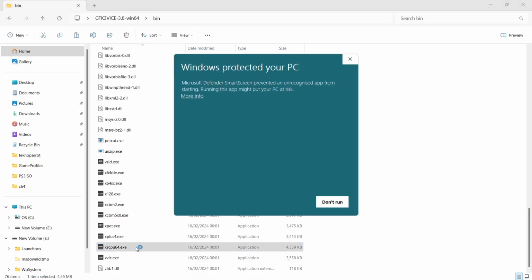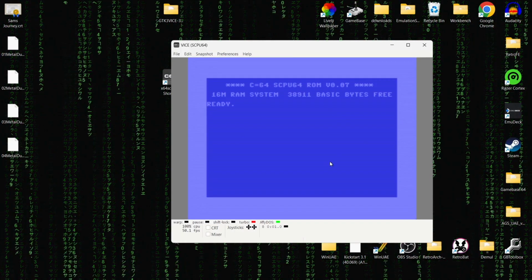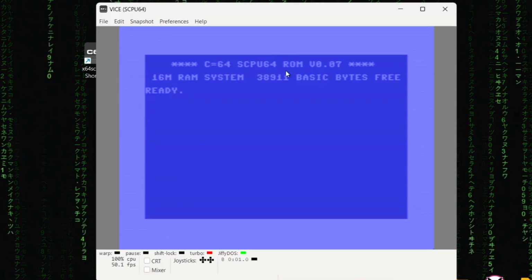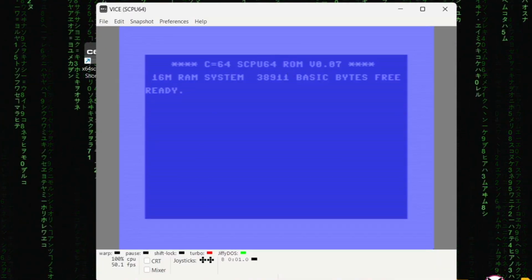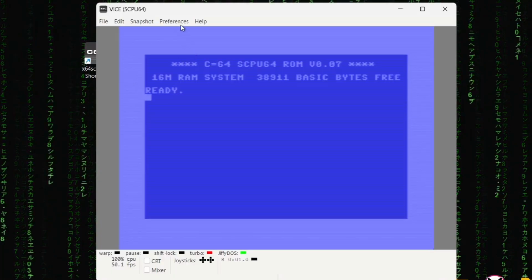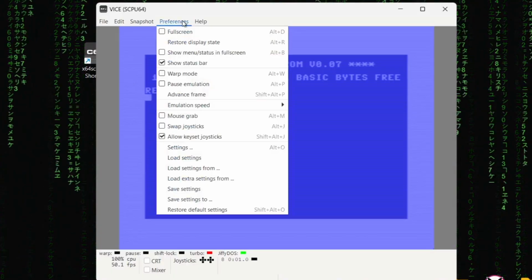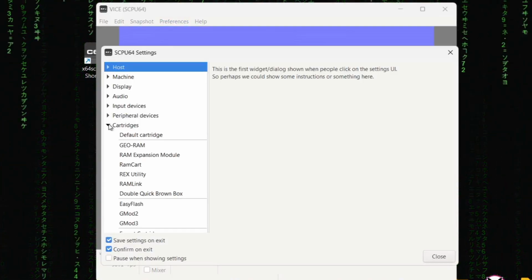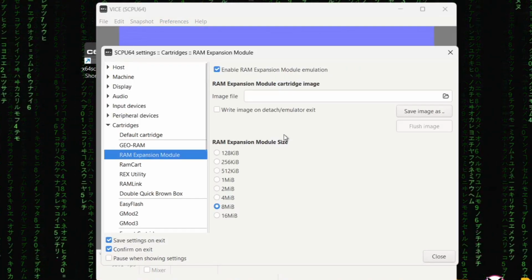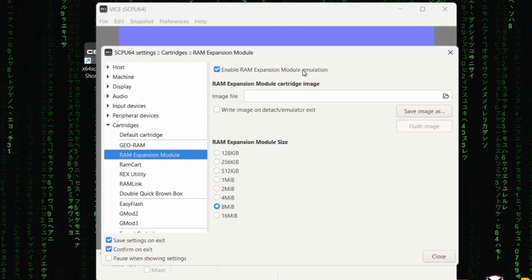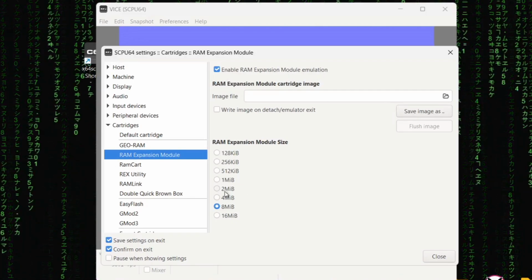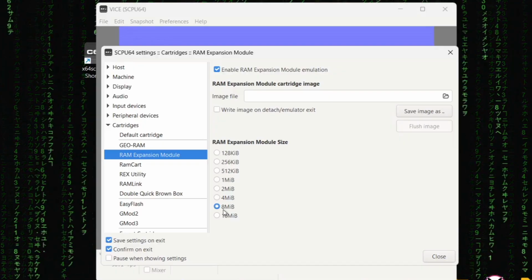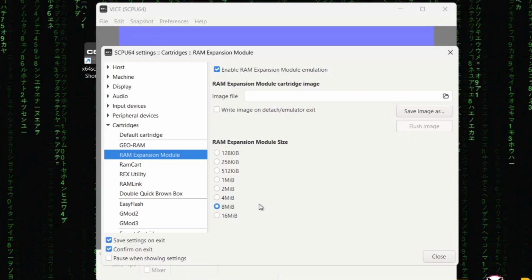If I double left click, okay, so the first thing you're going to notice is that we've got JiffyDOS just here, and it also says Super CPU 64 ROM, so everything's good to go. So what we need to do before doing anything else is go to Preferences, Settings, and from here I'm going to drop Cartridges down, RAM expansion module, and make sure Enable RAM expansion module emulation is checked,